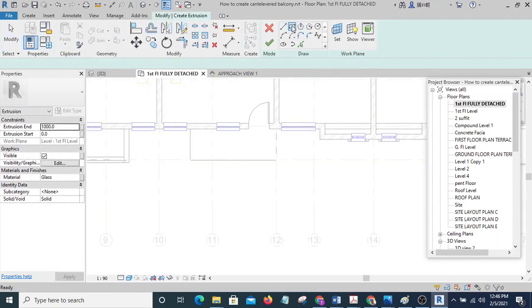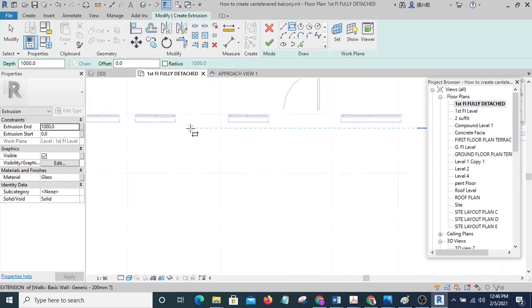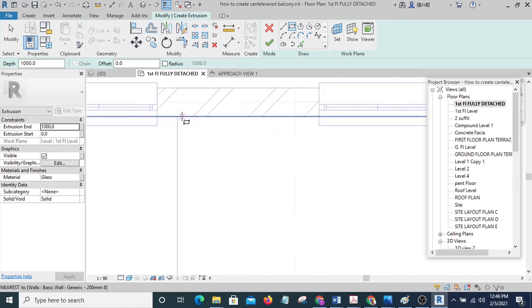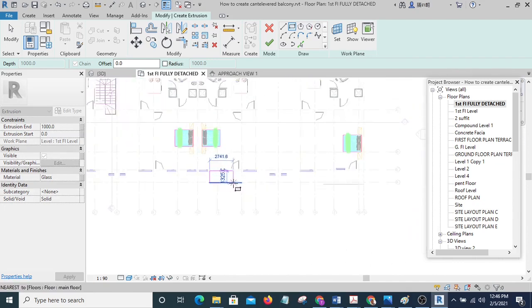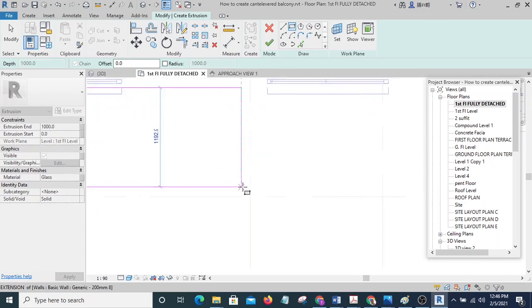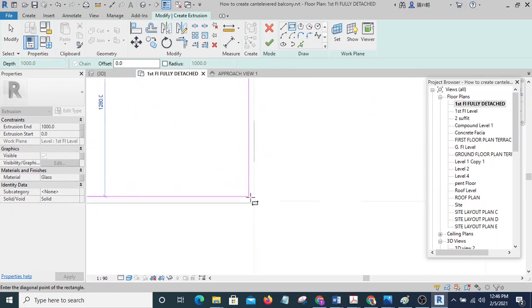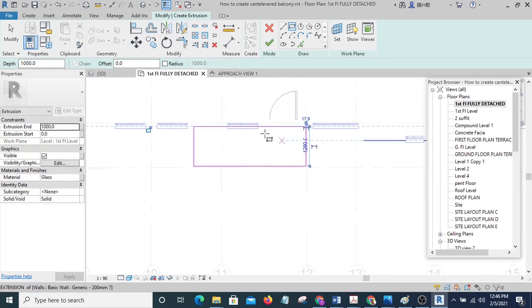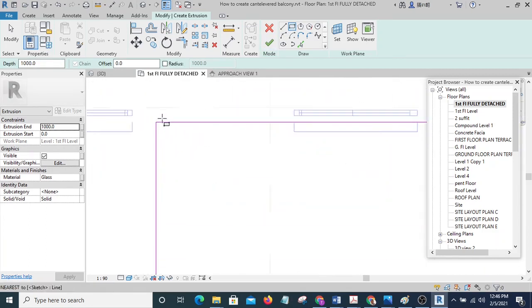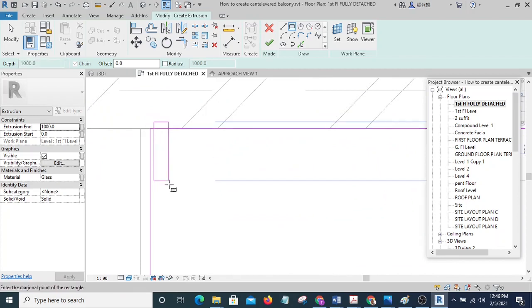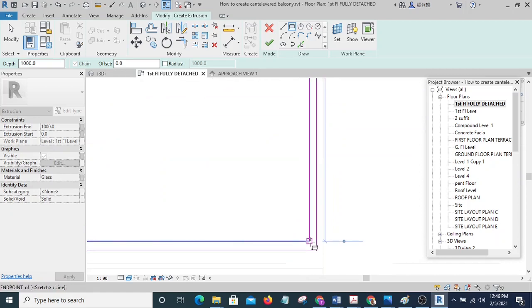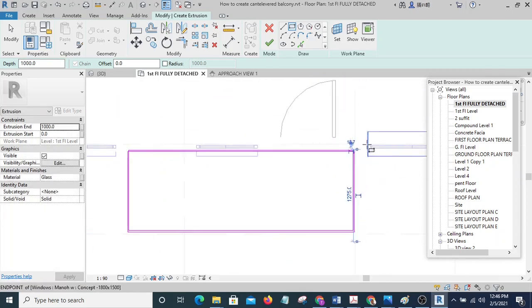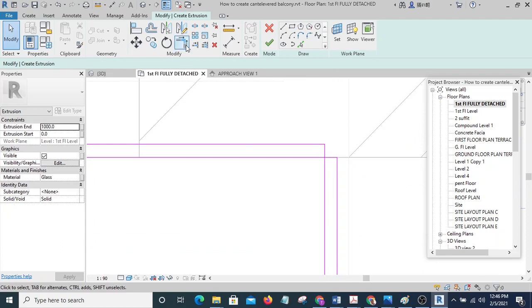Then you are going to pick a rectangle. You are going to draw an arbitrary, no, it's not going to be arbitrary. You are going to gauge your floor. Then I want to pick another one and draw it by the side to serve as the thickness of the glass. Okay, here's the thickness of the glass. Then I'm going to close this gap.